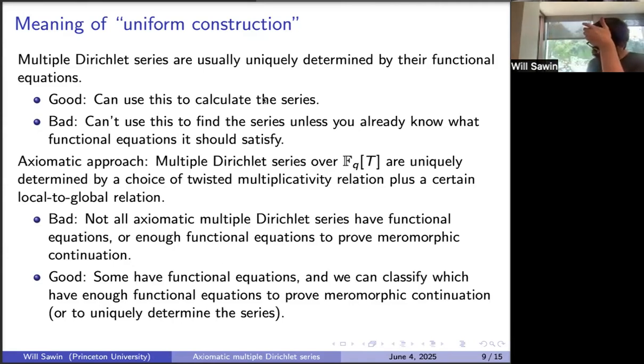But if you don't know what functional equations it should satisfy, it leaves you in a kind of chicken and egg problem for constructing the series. If you want to construct the series using its functional equations, how can you find out what the functional equations are unless you already constructed the series? So there's recently been developed a kind of axiomatic approach,